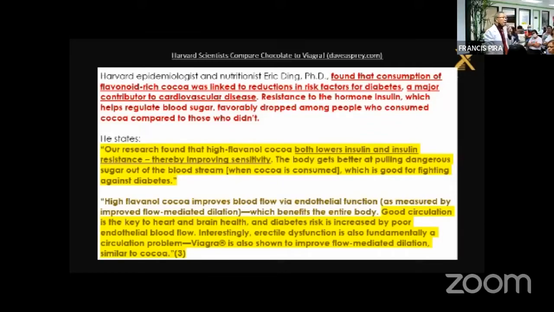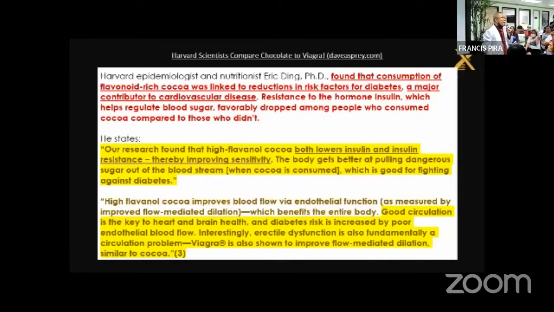But for our Flavonol, it is actually a very safe one because it dilates the blood vessel and it makes the blood enter into the cavernous tissue of the penis so that the penis will harden. Because the one that makes the penis harden is the blood. That's why if the person is young, the harder is the erection.